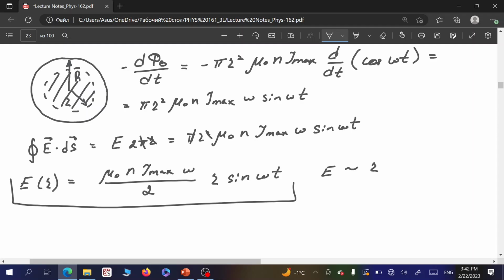We have shown that the magnitude of the induced electric field increases linearly within the internal volume of the solenoid as we go from the center to the external surface. And as we go away from the solenoid to the external space, it's proportional to 1 over r. Okay, at this point, I think we can